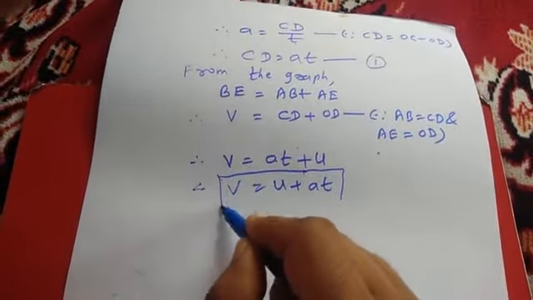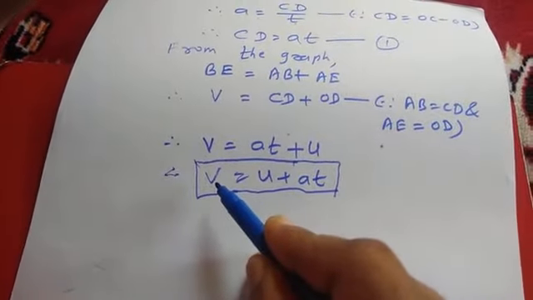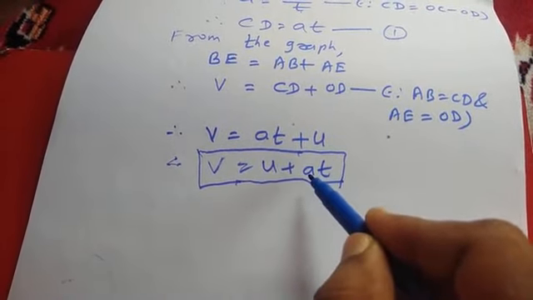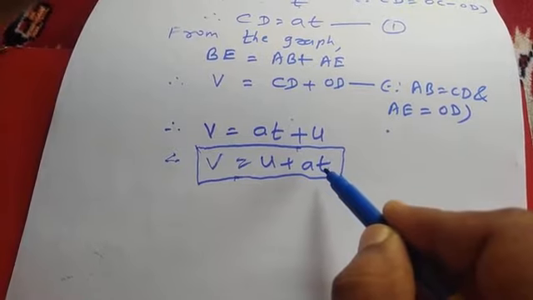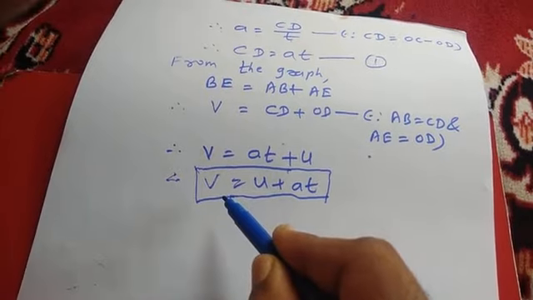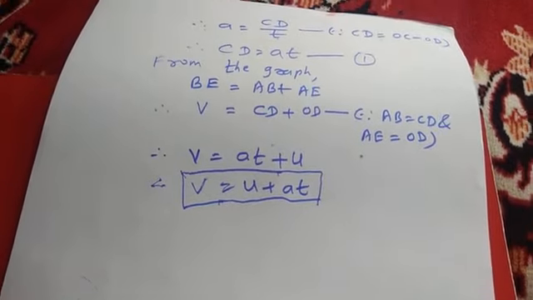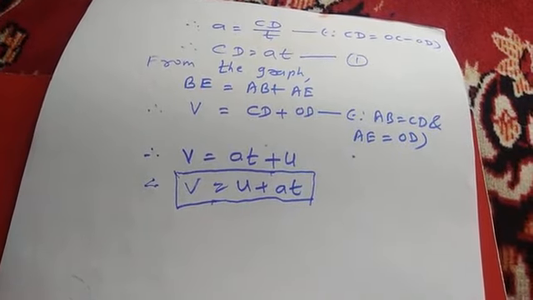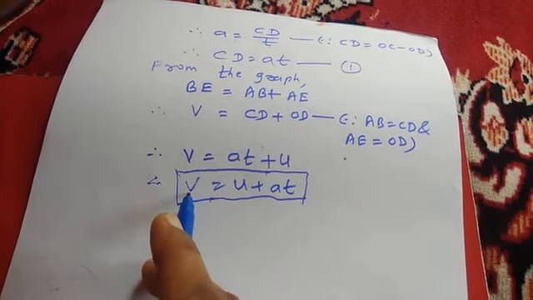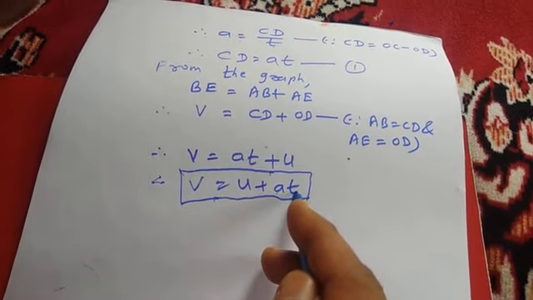We have derived this equation by using graphical method, where v is the final velocity of the object, u is the initial velocity, a is acceleration and t is time. In this way, Newton's first equation of motion can be derived by using graphical method. This equation is used to solve numerical examples. It can also be used to find the final velocity of the object if initial velocity, acceleration and time, these factors are known to us.